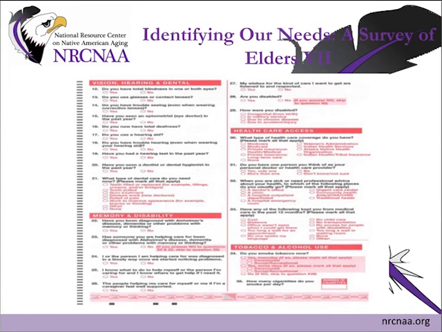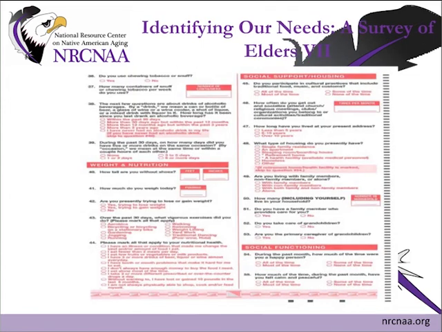Page 3, we have, for example, some questions. Over the past 30 days, what vigorous exercises do you do? Another example, which is a really good question, I think, is, do you take care of grandchildren? And are you the primary caregiver of your grandchildren? That's another example of the questions. And then the last page,